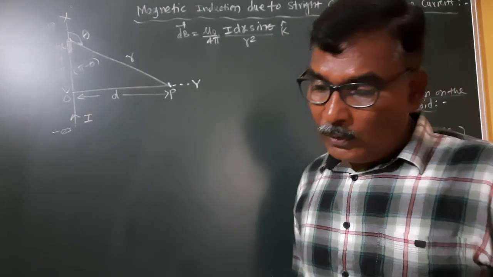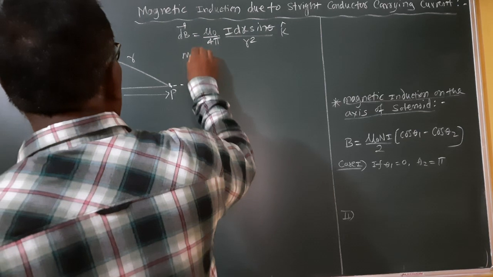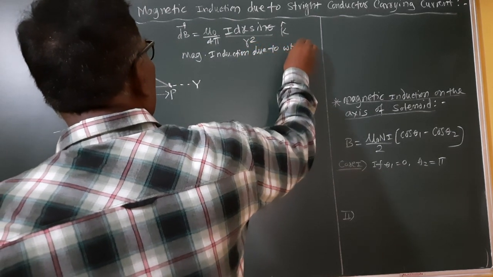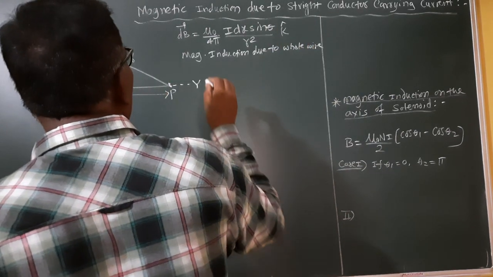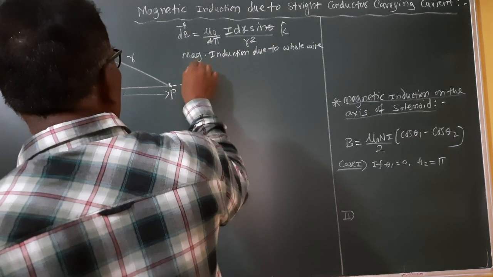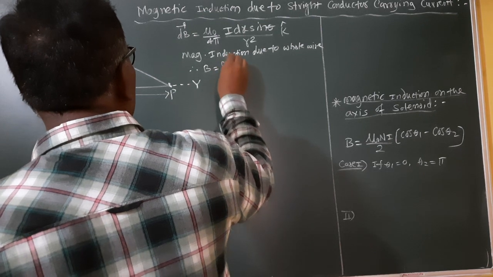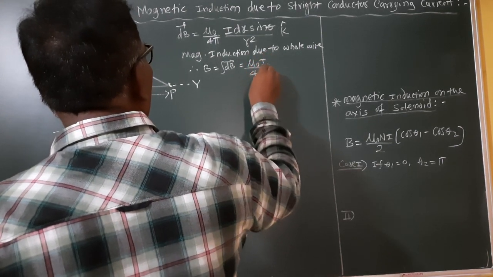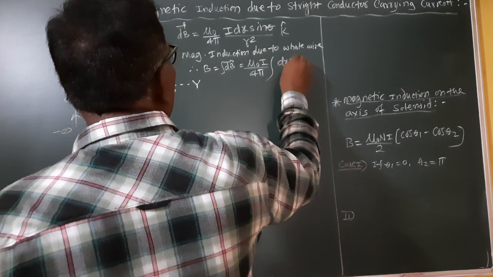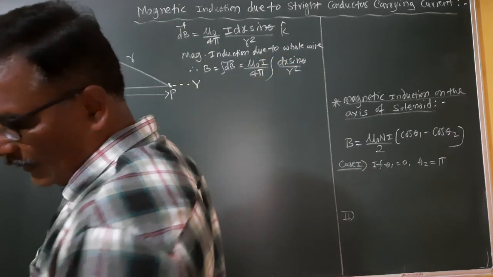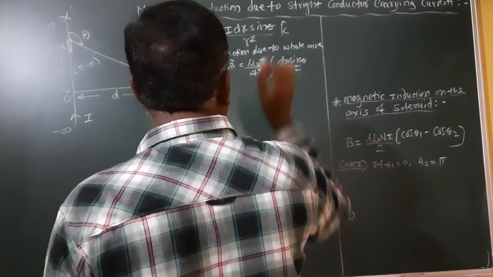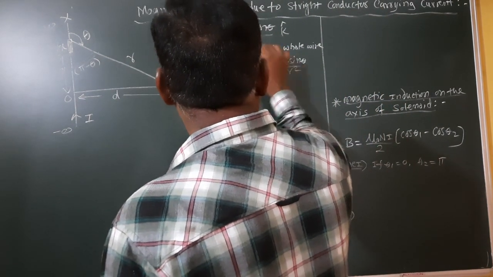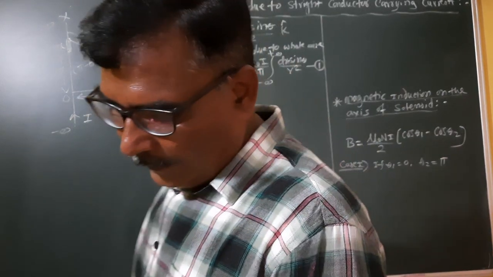The magnetic induction at point P due to the whole wire is given by B equals the integration of dB bar, which is mu 0 I upon 4 pi times the integration of sin of theta into dx divided by r square, with boundary limits minus infinity to plus infinity. This is equation number 1. Now from the figure,